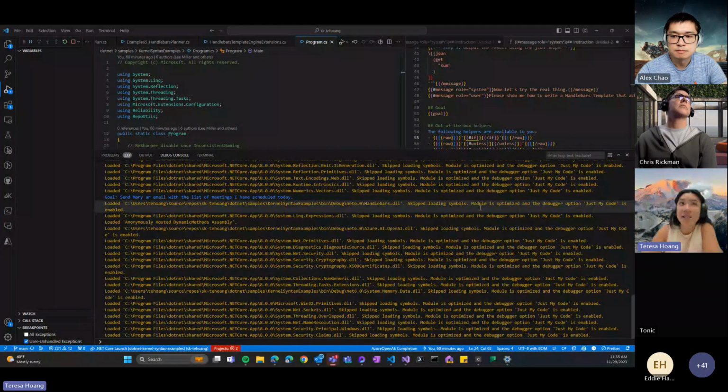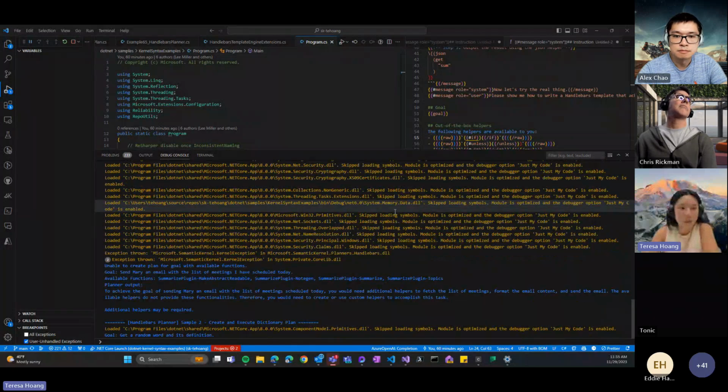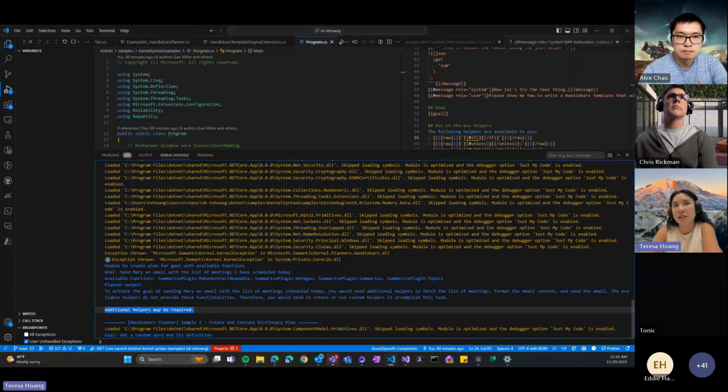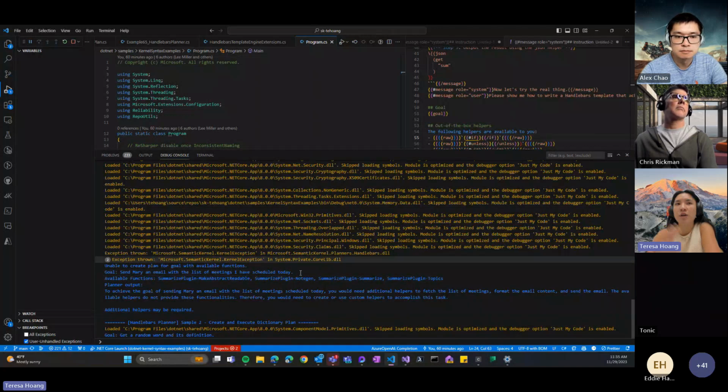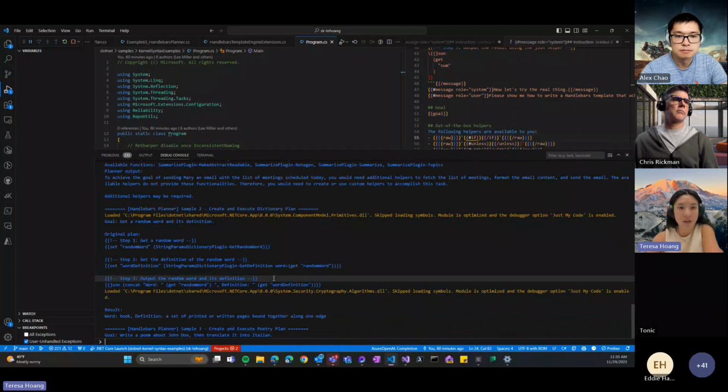And this one is with GPT-3.5 Turbo. Like I mentioned before, it doesn't handle loops as well, but it was still about 75% reliable when I was running just this example. And right here, this first example, it should explicitly say that more helpers would be required if there are not enough available functions. With GPT-4, it passes over 90% of the time as expected, it has the expected behavior.